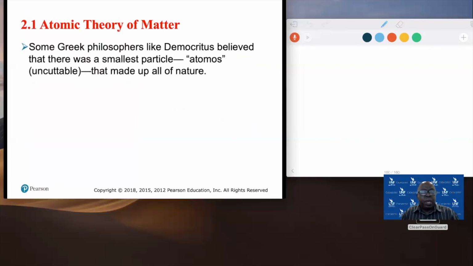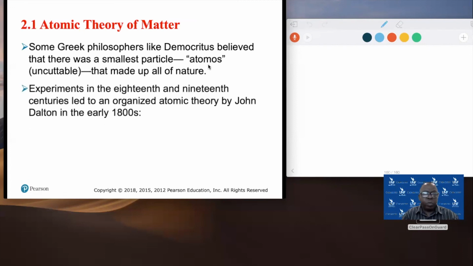So let's see. The first approach to the atomic theory started with Democritus, who believed that matter can be divided to a point where you can no longer destroy it. Democritus believed that the smallest indestructible part of matter is an atomos. I'm not going to ask you what is atomos, but it's good to understand how we ended up with this. Now, fast forward to around 1800, John Dalton,